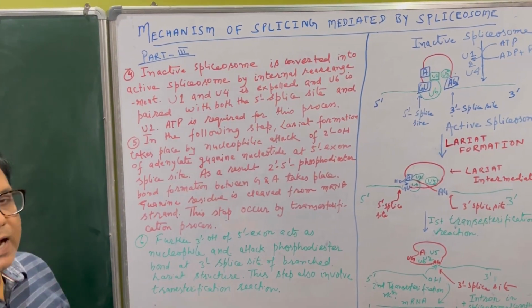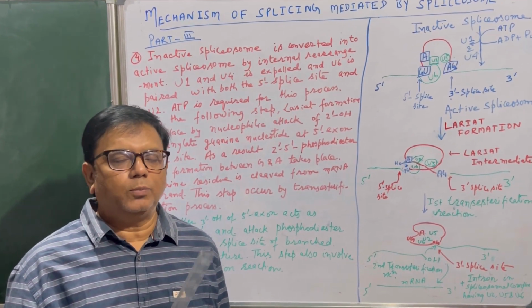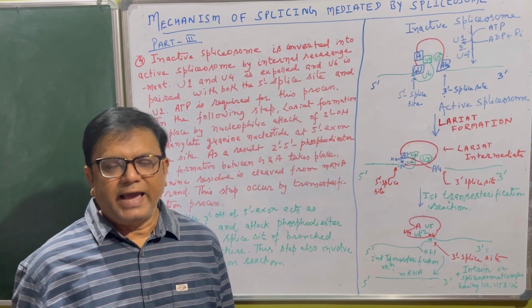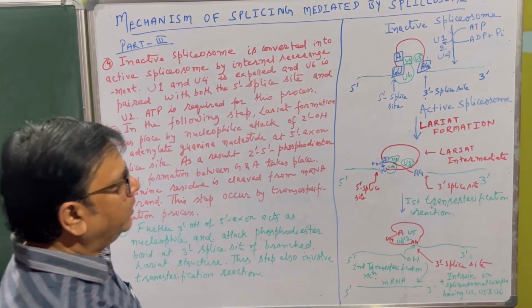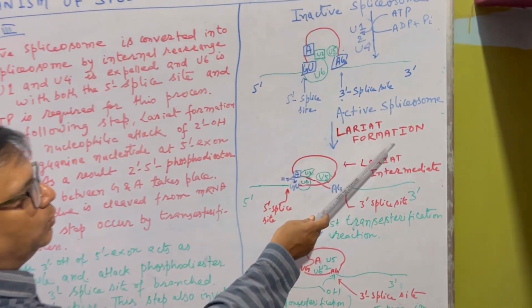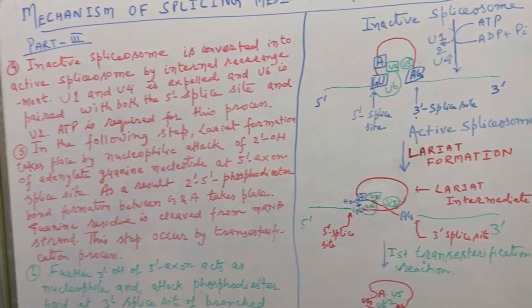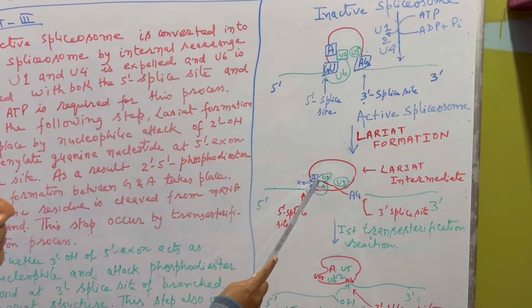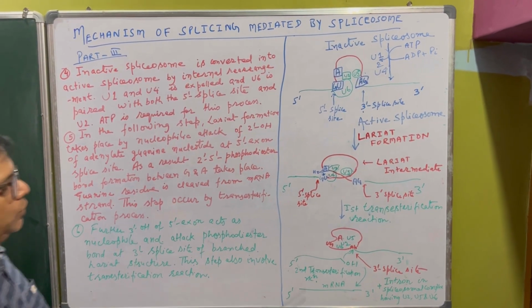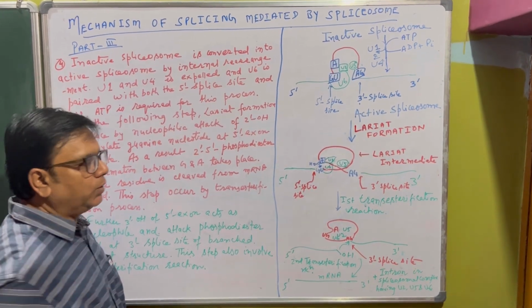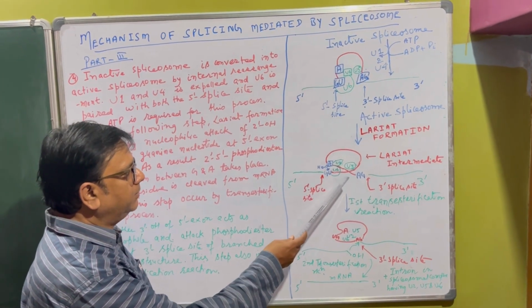In the next step, lariat formation takes place. That is the shape of the rope which is used for catching or tying animals. That shape will be formed. So you can see here the active spliceosome undergoes lariat formation. How does lariat formation take place? The branch site adenylate OH, as I told you, when U2 gets attached to adenylate, it pushes it, a bulge is created, and